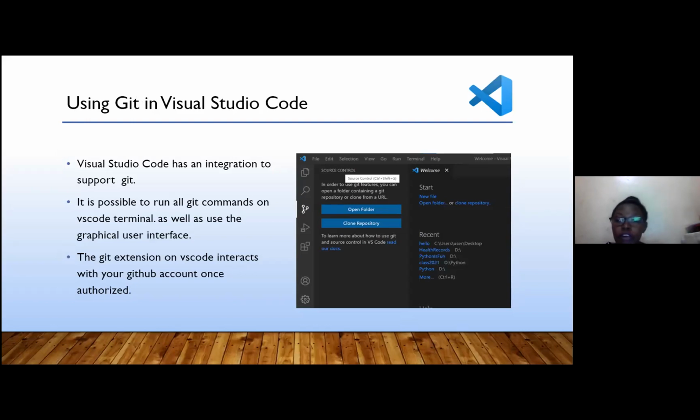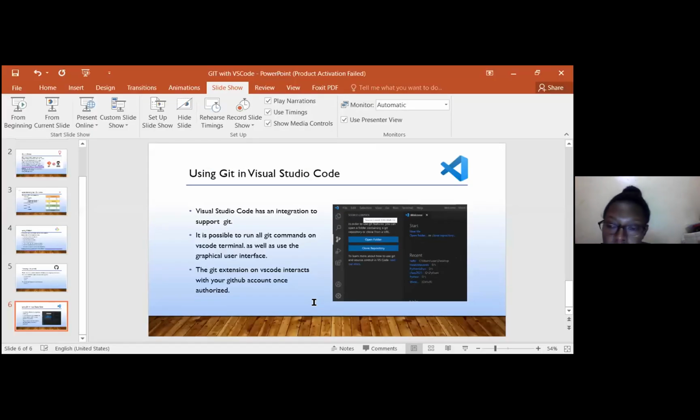If you look at VS Code, I think I just mentioned it, but I won't go really deep into it because there's another way that you can push, pull, add, commit, and so on, because Git is integrated into the IDE itself. So for now, once you install Git on your machine, the first thing you need to do is to make sure that